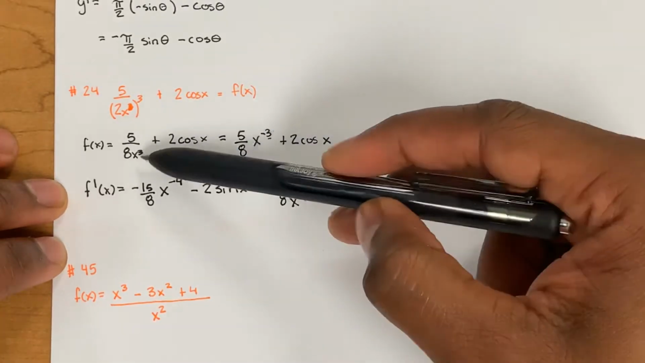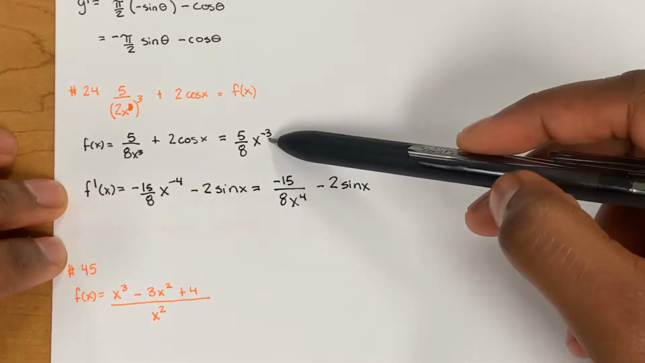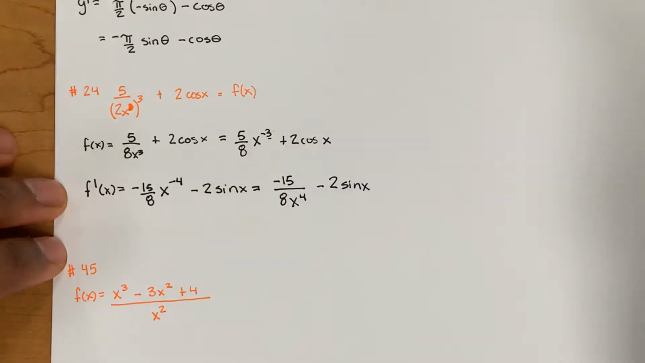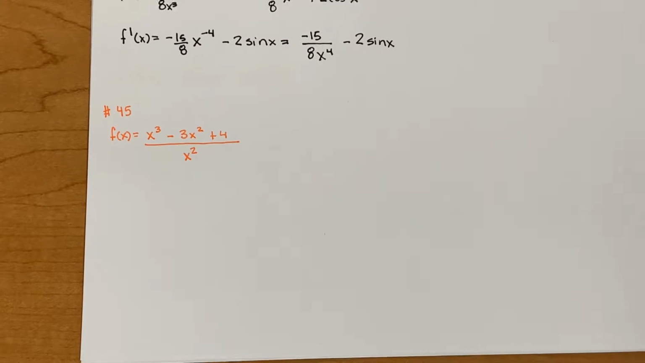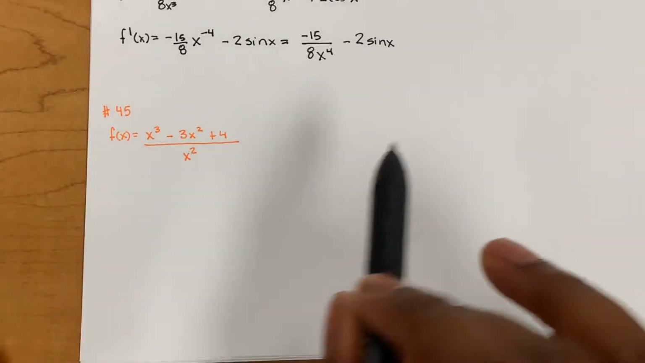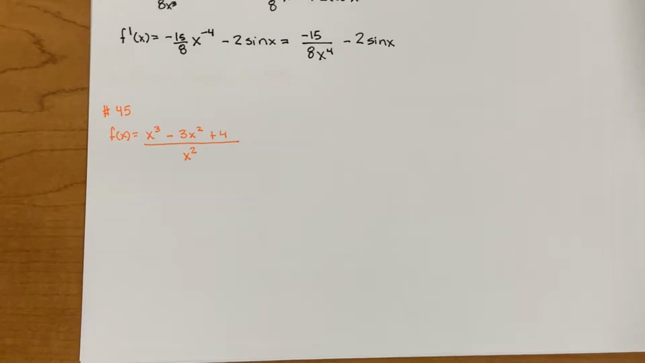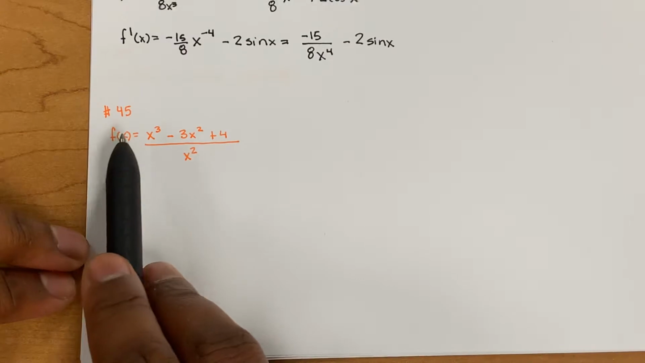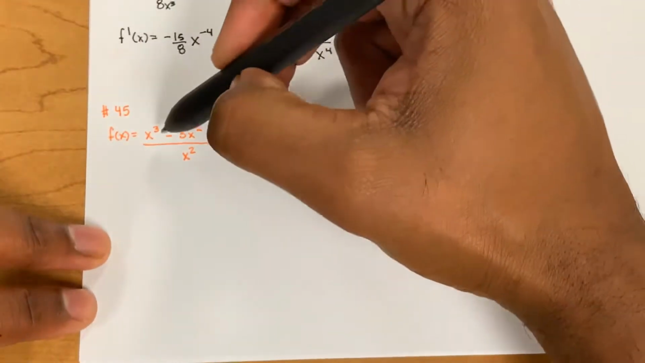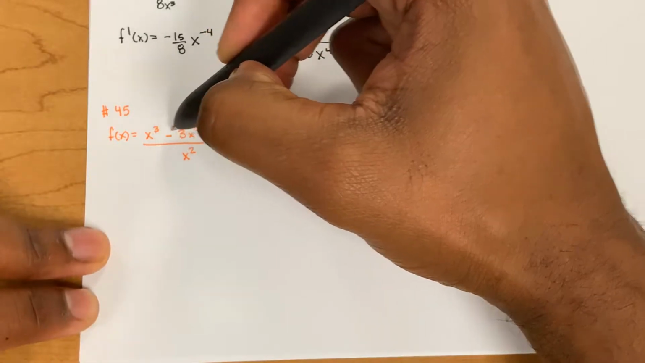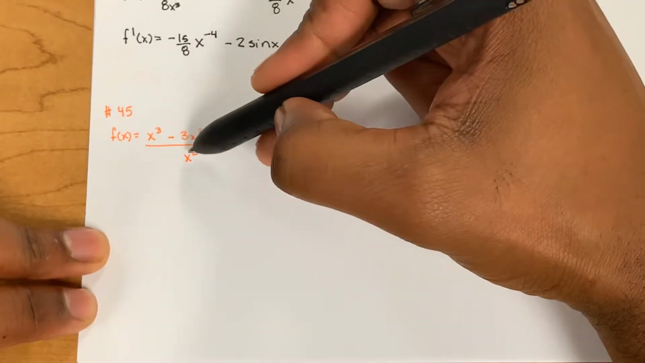But here, only the x is cubed, so only the x moves up and gets a negative exponent. All right, for number 45. So we've already covered the product and the quotient rule. In class, I said you should only use the quotient rule when entirely necessary. Example 45 is a case where it's not entirely necessary because we have a long numerator over a denominator that